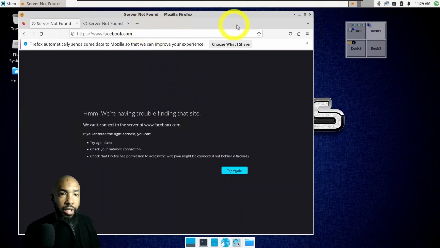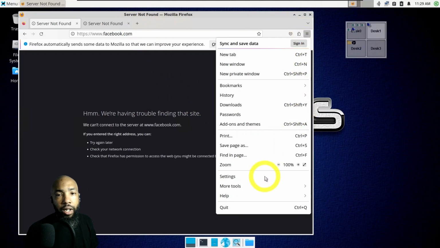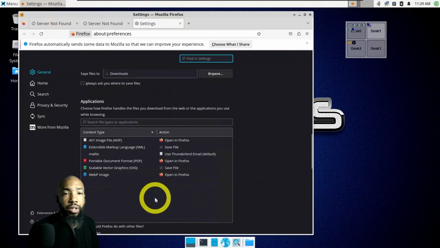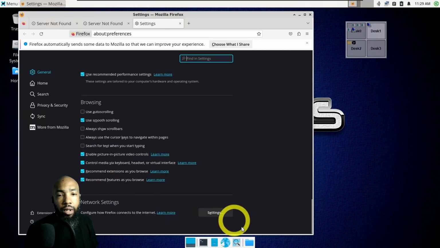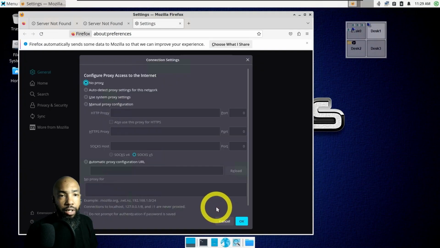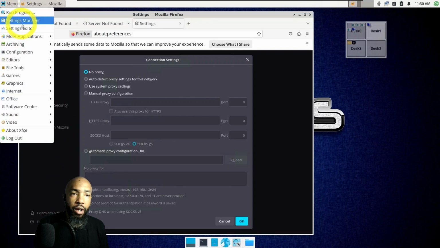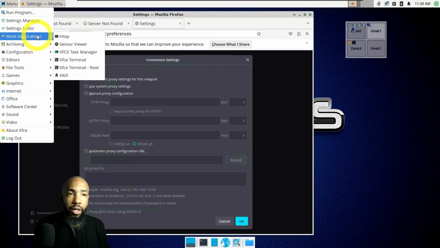So basically, we're back to the drawing board. And what it turned out to be was it wasn't the browser. Let's see. I just wanted to double check though. Just go back to double check to make sure that my changes took. So I couldn't see anything wrong there. So it led me back